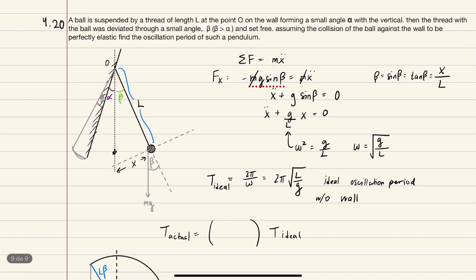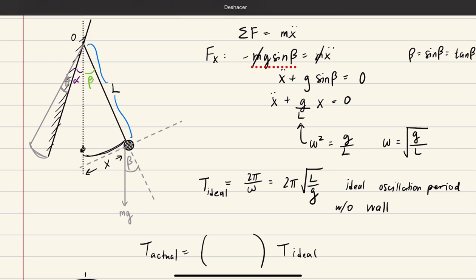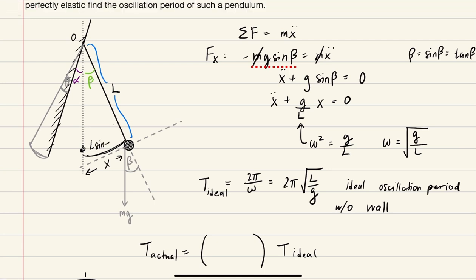And then we also know that because of our small angle approximations, this arc length will be beta L. Why do we know that? Because this would technically be L sine beta, but beta is very small. So L sine beta is the same thing as L beta, and this is L alpha. So our maximum amplitude is L beta,